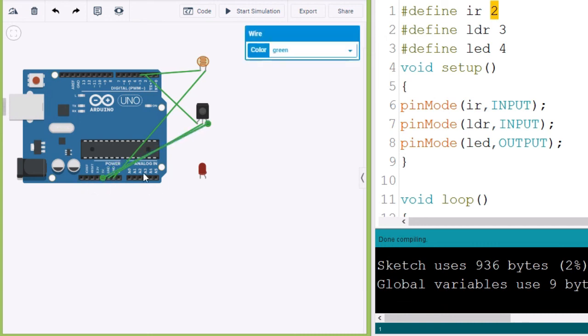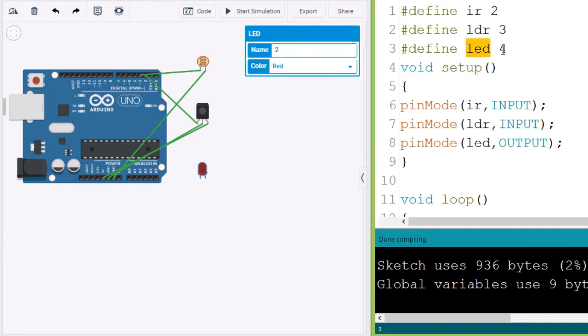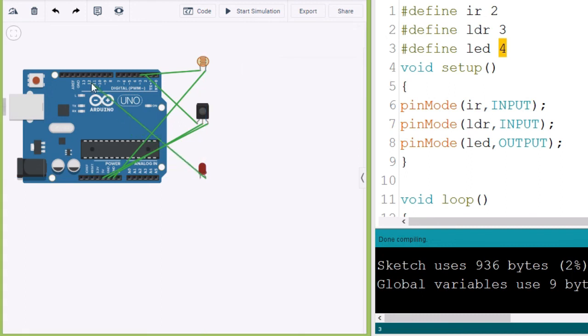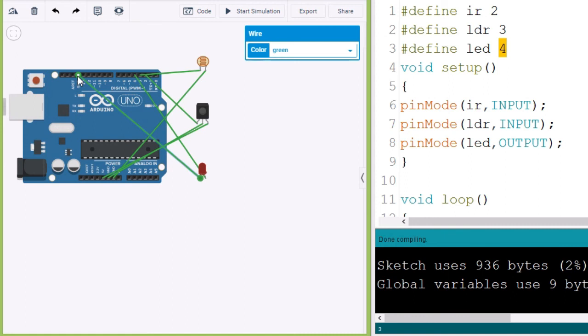Okay? So now we have the LED. In the same way, LED will also be having positive and negative. In the program, the LED is given as data pin 4. This positive pin will be connected to the data pin 4 of the Arduino board and the negative will be connected to the ground. Is that clear?